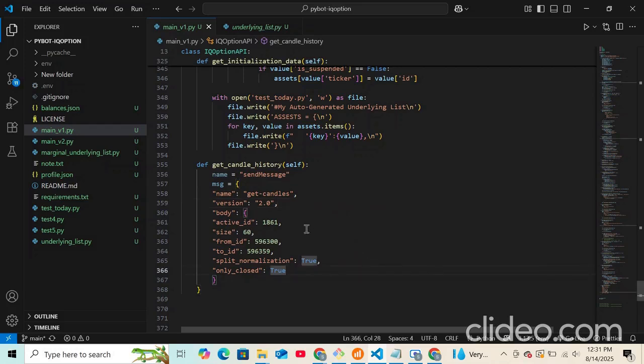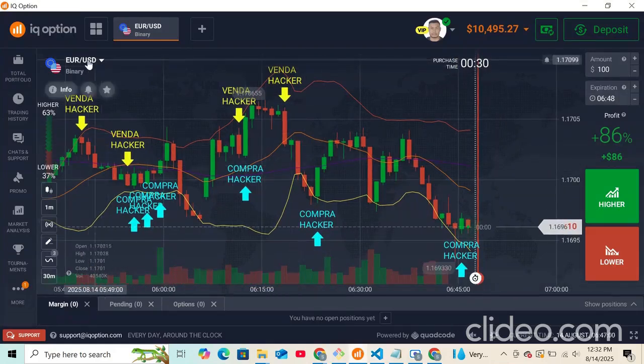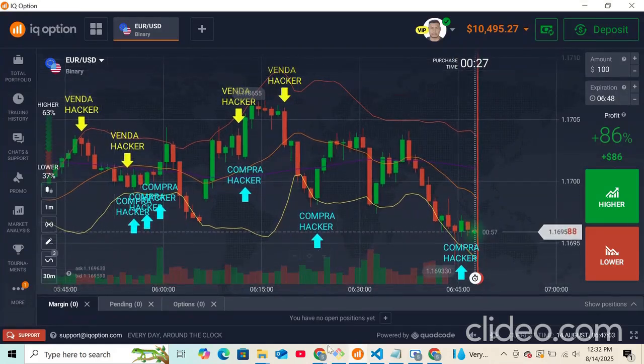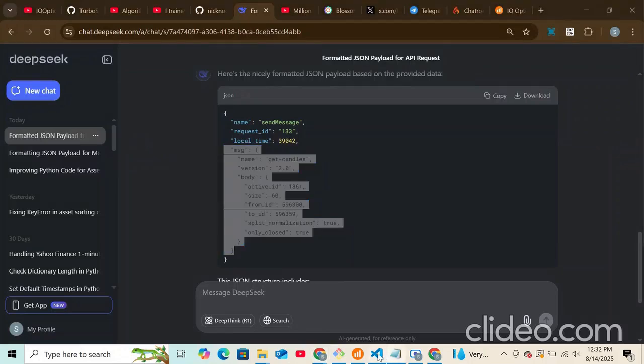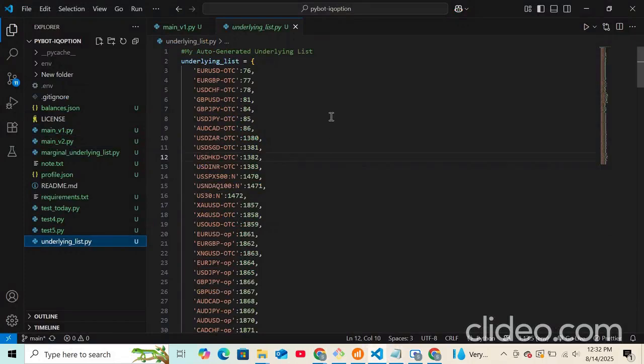So there are a couple of things to know from this body. The active ID is the ID for a particular asset. Euro USD is the text representation, but it has an ID assigned behind the scenes, right? And in the last three videos we have been fetching the underlying list. Right now this will come into action, so now we need the ID from this. So for Euro USD,